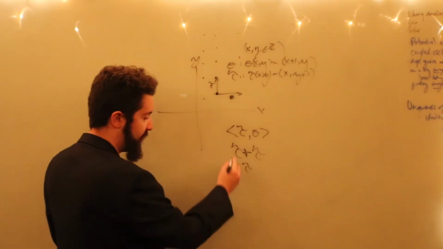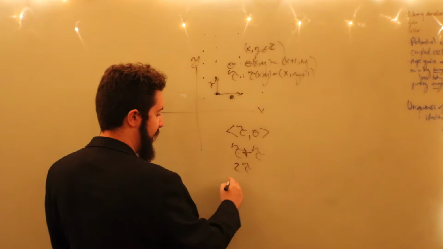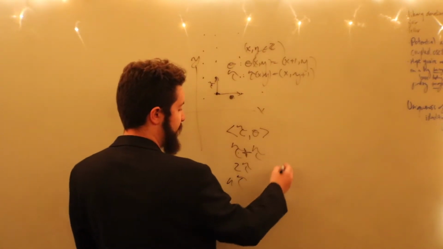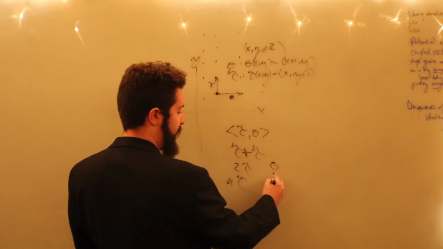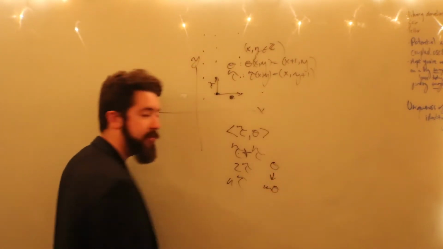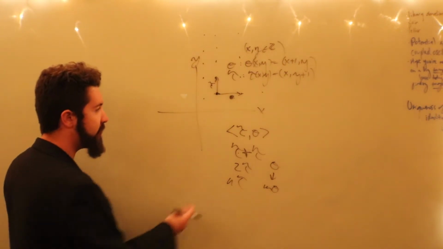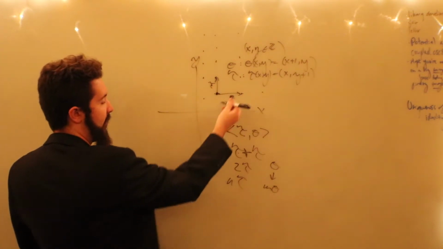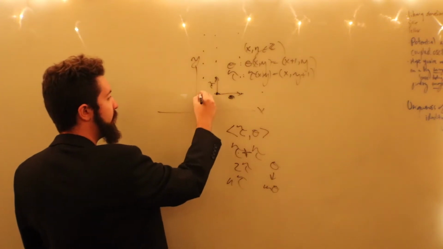So tau done twice can be thought of as 2 tau. Tau done n times can be thought of as n tau. Likewise, sigma applied m times can be thought of as m times sigma, at least that's how we're going to write that. And of course, we can imagine taking the opposite mapping, so that if we take the inverse translation, if you will,